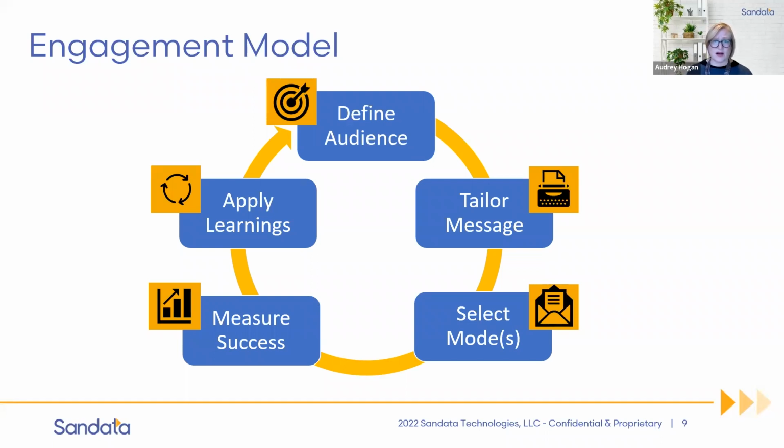Last, define and measure our success. Are we achieving what we want to achieve? And how can we work? What are the things that might move that needle in the future if we were going to do it again? Apply the learnings, turn data into information, make sure that we're acting upon that information, and that we are constantly striving to improve the numbers.